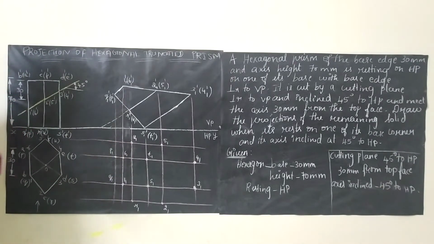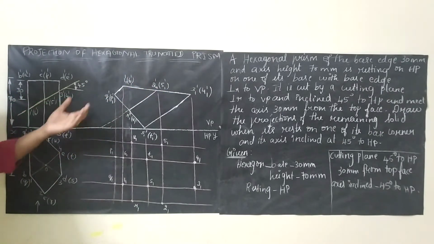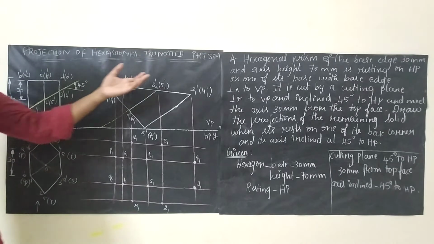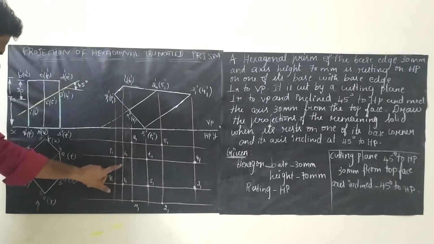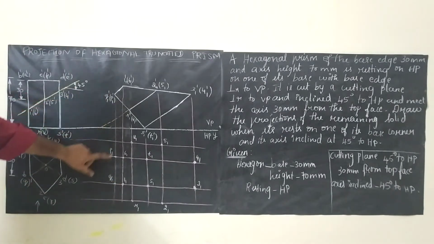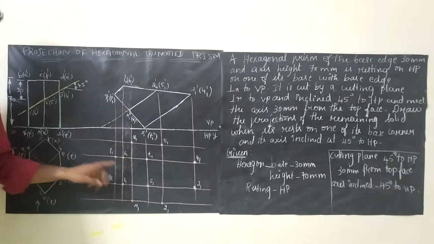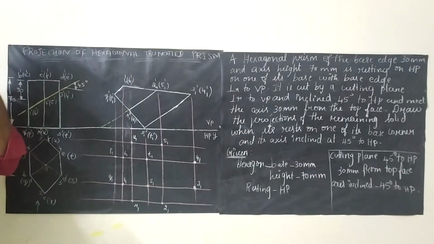The next thing is we need to identify 1, 2, 3, 4 also. See here the bottom face, the base, we have identified all the points, and top face is 1, 2, 3, 4, right? We need to identify. So see here this one and this one will be intersecting at this point. This 6 and this 6 will be intersecting at this point. Similarly for 1, 2, 3, 4, 5, 6. Identify all the points.